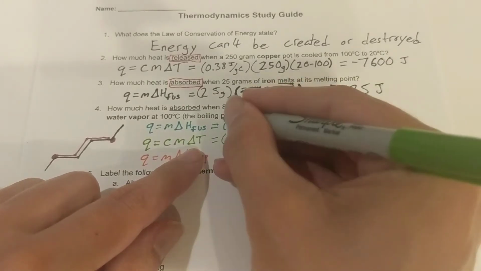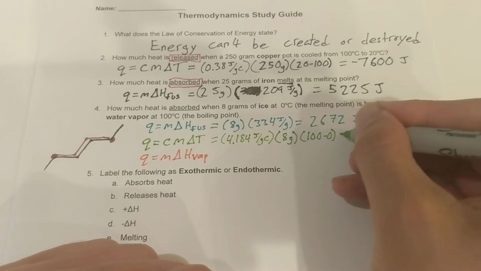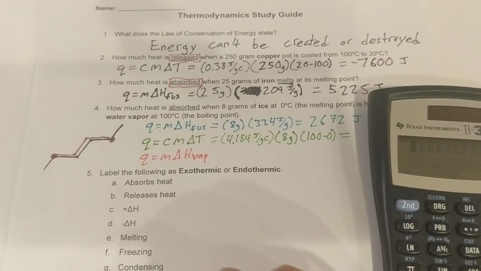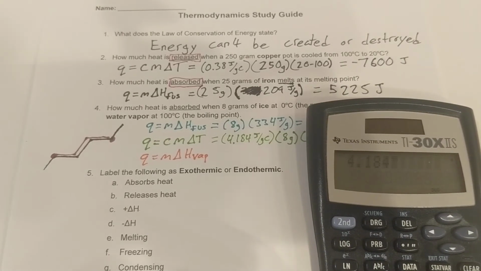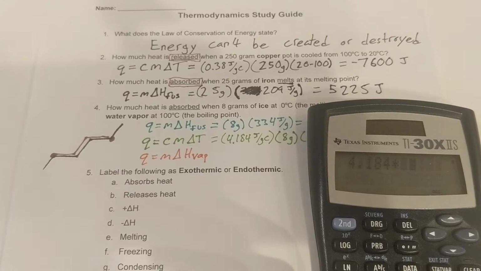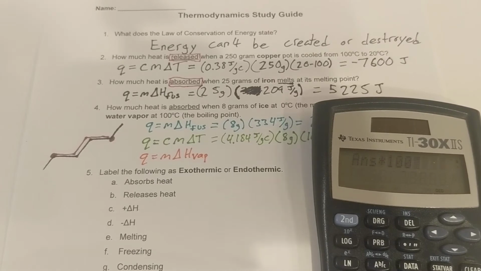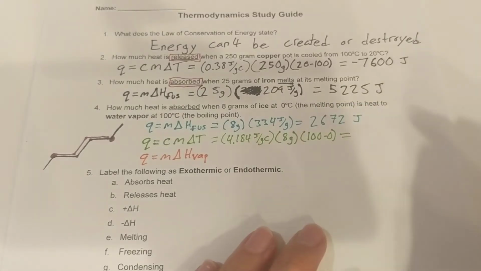Times our change in temperature, 100 minus 0. Or we could have just written 100 there. Throw this all into calculator. 4.184 times 8 times 100. It's about, we'll round that to the nearest one number. So 3,347